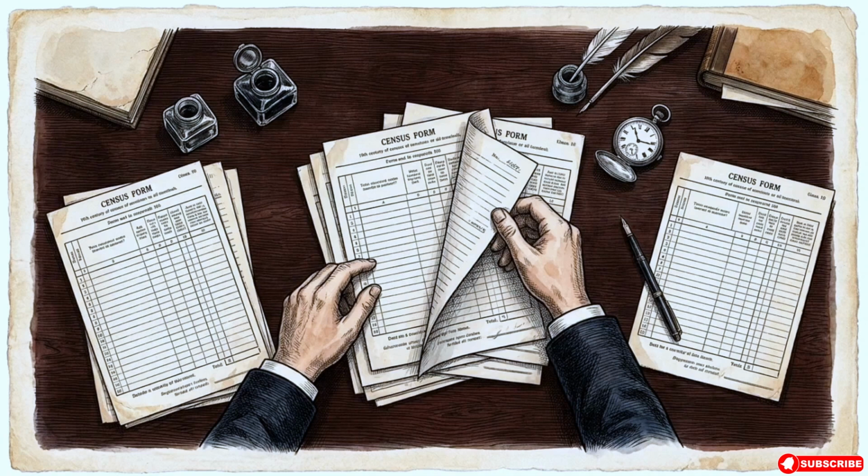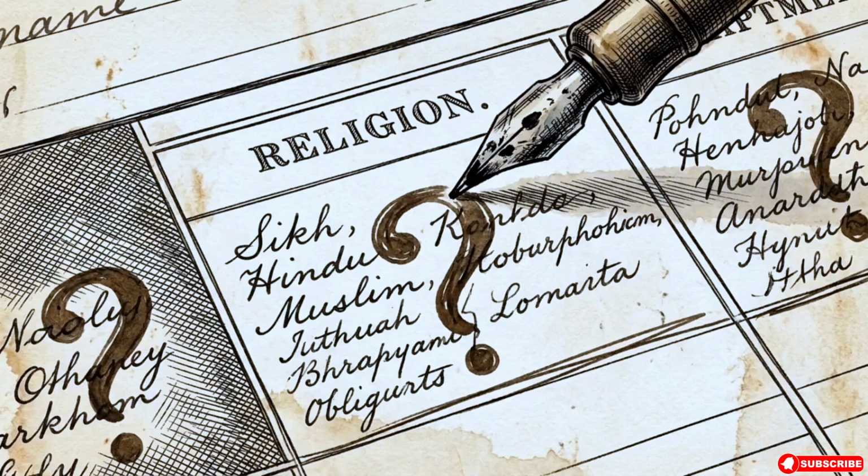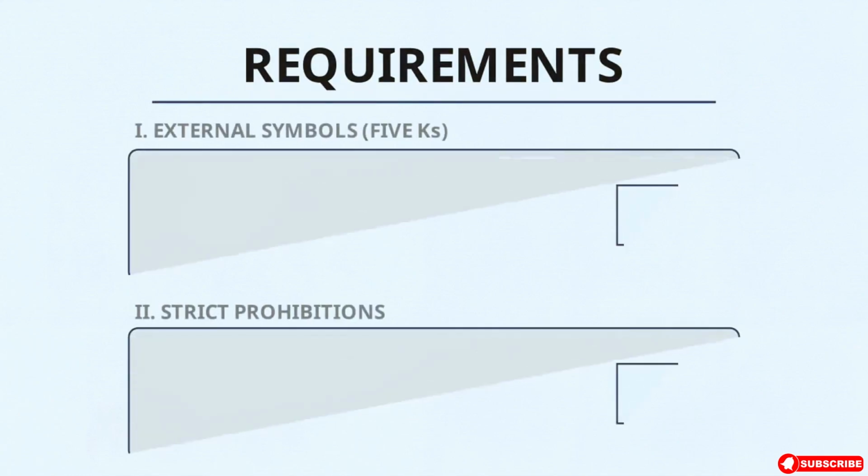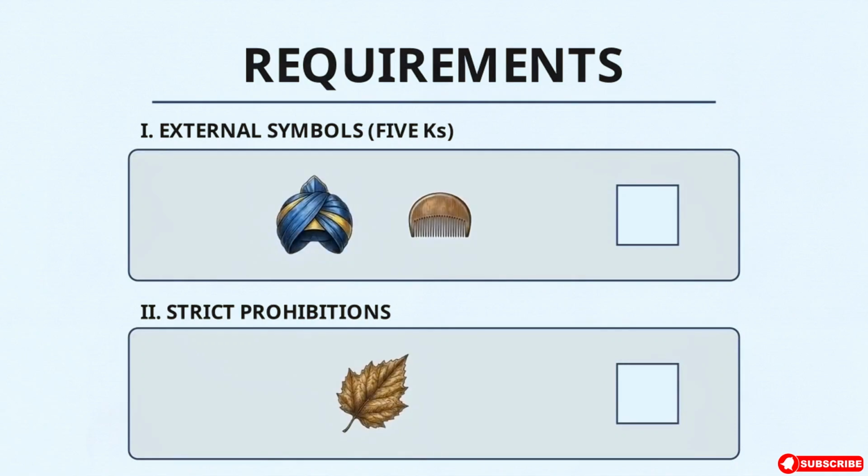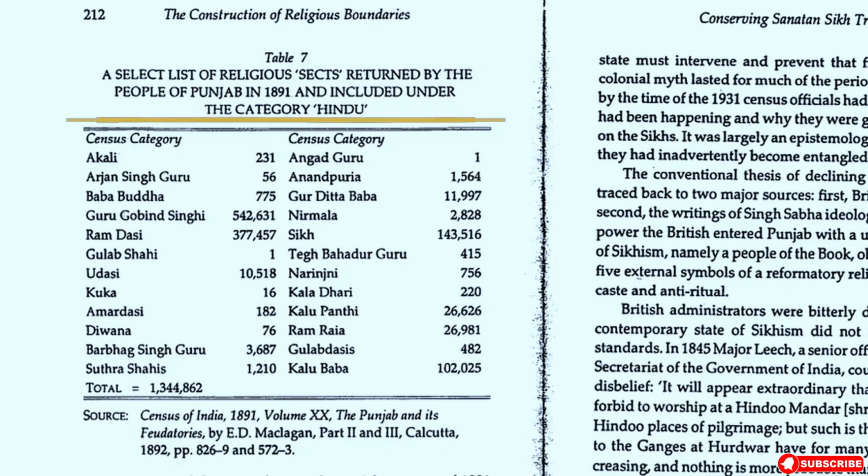When the colonial government rolled out the first comprehensive censuses in 1881 and 1891, the administrators struggled to interpret the local faiths they were trying to count. The British Census Commissioners established narrow criteria for what constituted a Sikh. To be counted as one, an individual had to maintain the 5 external symbols of the faith, like uncut hair, and abstain from tobacco. This document is a table from the 1891 census, and it shows the results of those